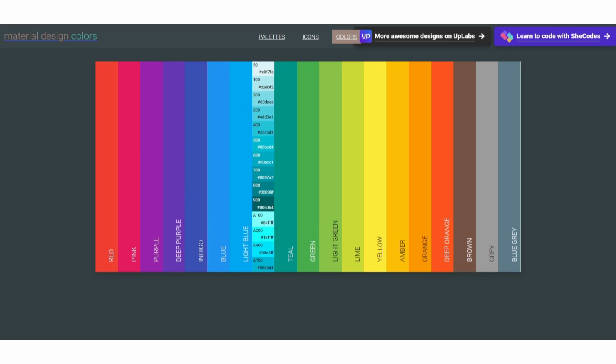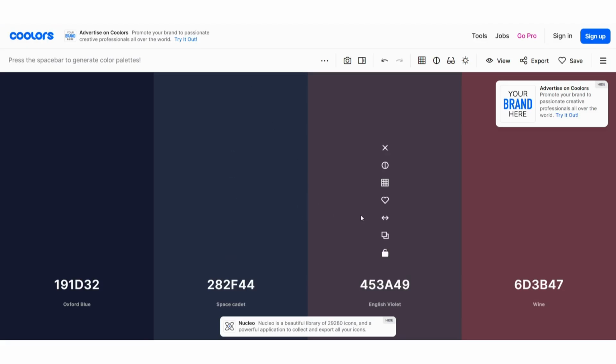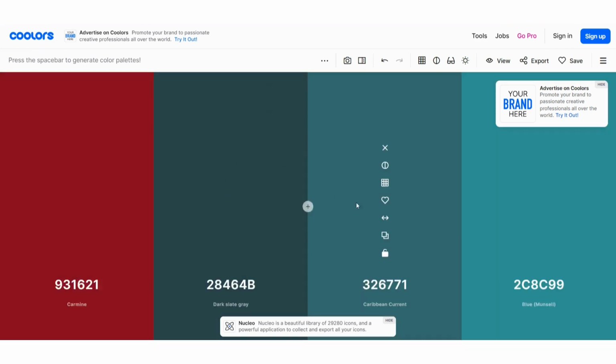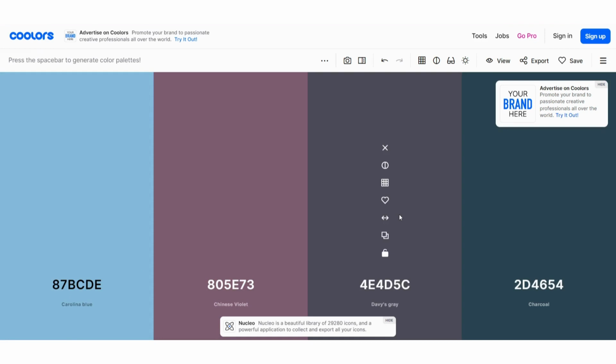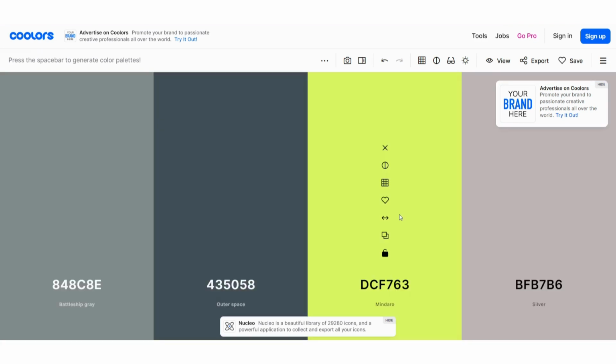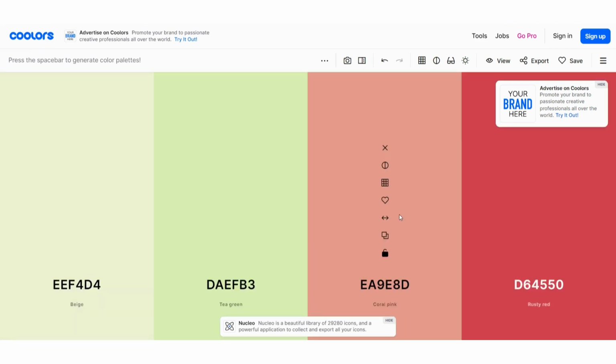So that's that. As a designer, this second website is very interesting. When you land on this website, it's called Coolors. When you click on the spacebar like this, the color palette changes. Whenever you click the spacebar, the color palette keeps on changing. It's a very interesting thing, but you cannot go back to a particular